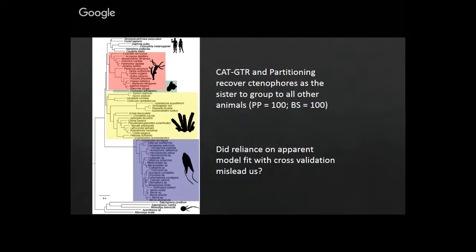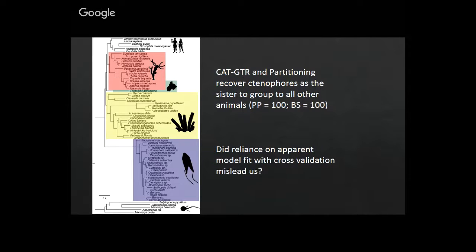And I think it deserves a lot more critical analysis, especially in terms of whether or not it's potentially biased towards very complex models and not necessarily giving a full picture of what model is going to result in the most accurate relationships. And so I do think there's some work to be done there, and also some work to be done where we can actually better do model testing, comparing site-heterogeneous models to different partitioning schemes.